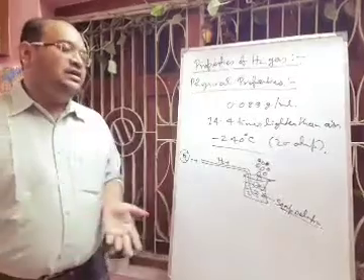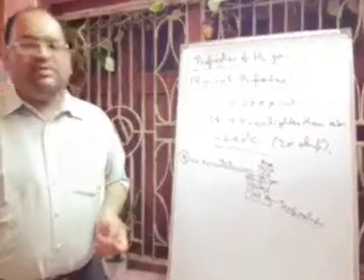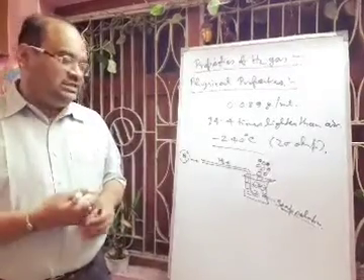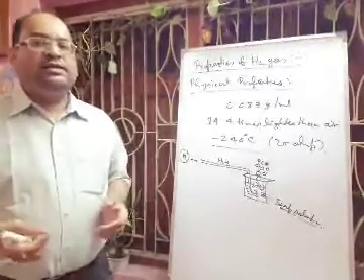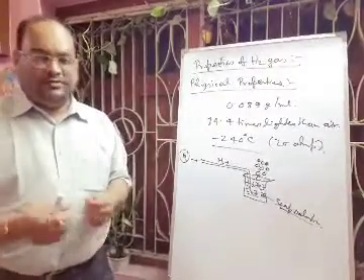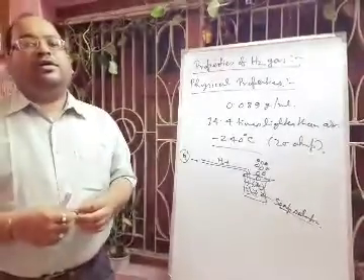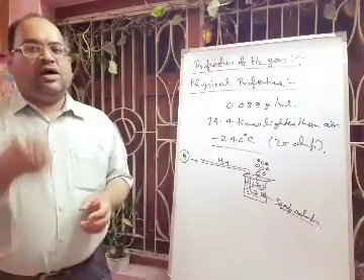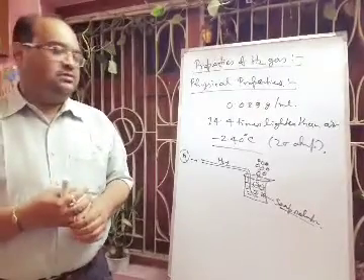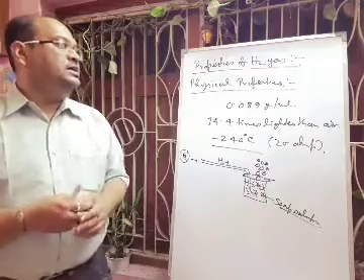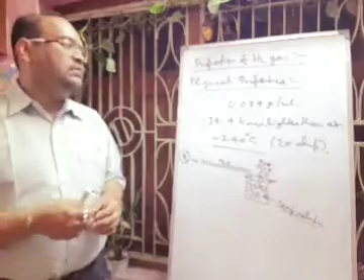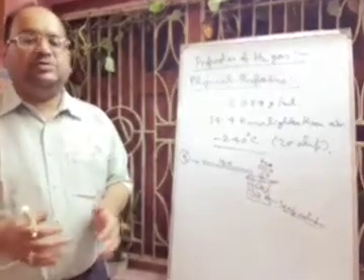Otherwise, one very easy example you can do: take one balloon and put hydrogen gas inside it, and if you close the mouth properly with a string or any thread, definitely it will go upward in the air. So this will also prove that hydrogen gas is lighter than air. In this way we have completed the discussion of the physical properties of hydrogen gas, and next day we will discuss the chemical properties. So today up to this, thank you.